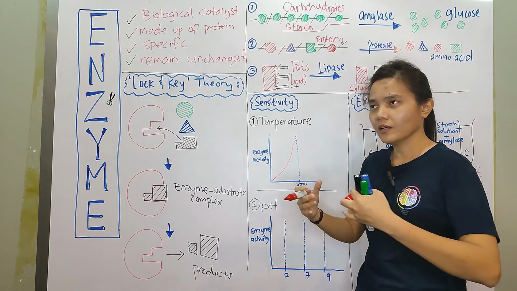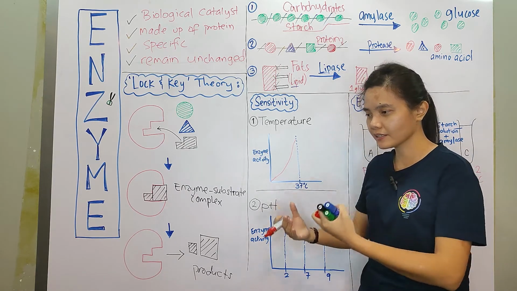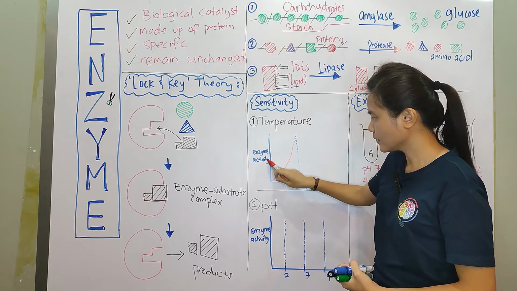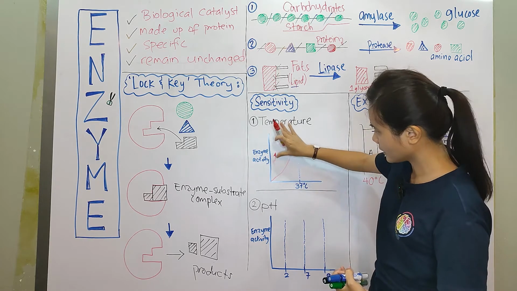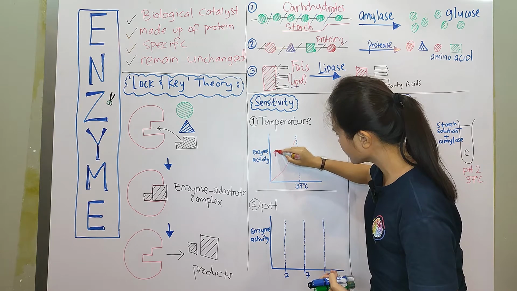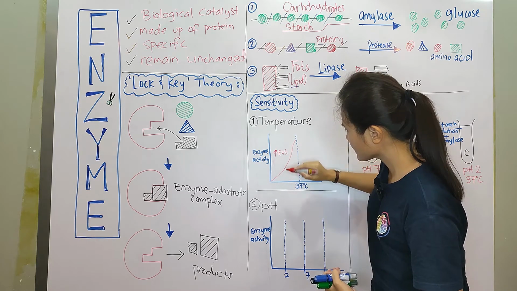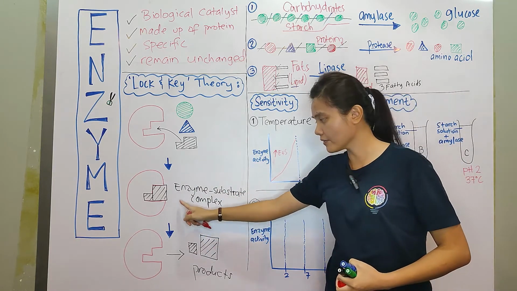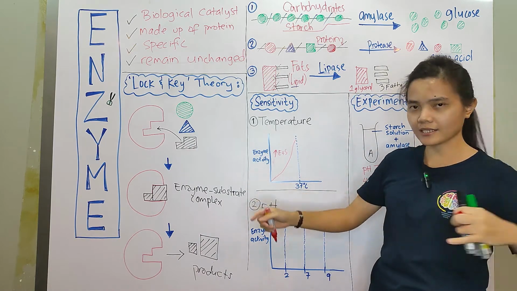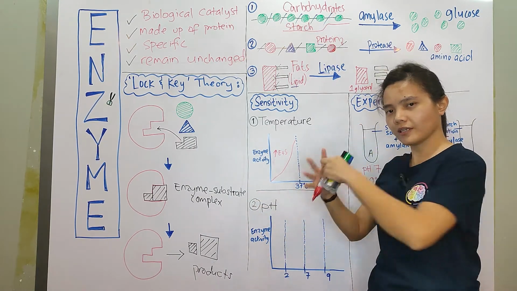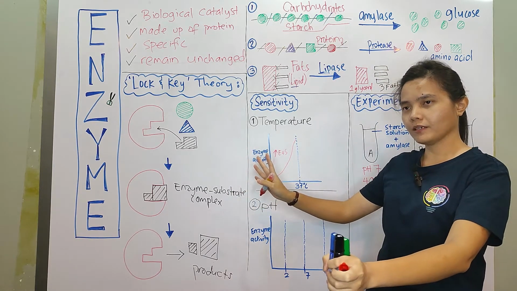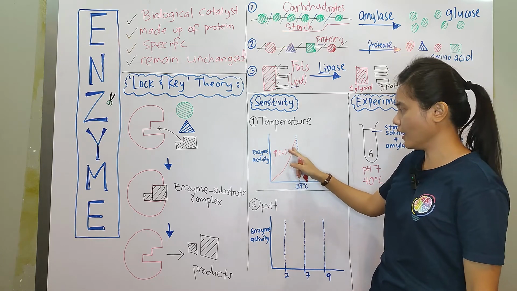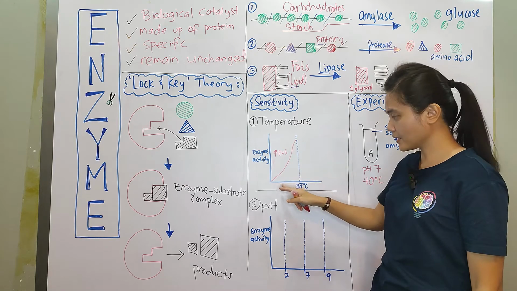Of course, so the higher the temperature, then there will be increase in the formation of enzyme substrate complex, because enzymes start to move now and look for the substrate and then bind and then give out products. So the activity will increase as the temperature increases.